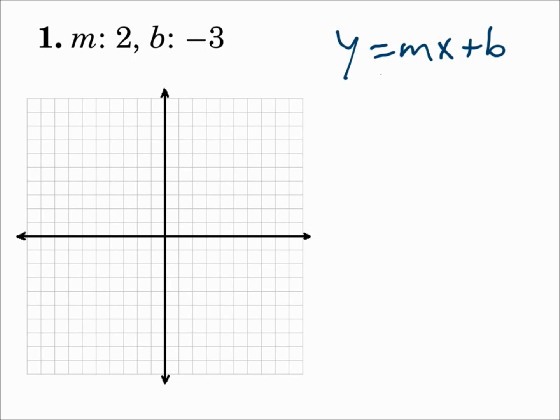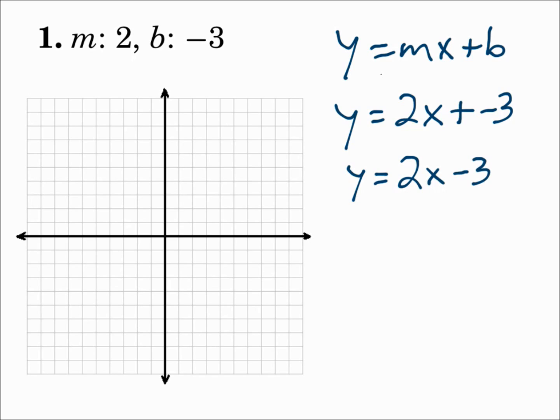Number 1. The slope is 2, the y-intercept is negative 3. So we want y equals mx plus b. Since the slope is 2, we'll substitute 2 in for m. And b is negative 3, so we'll substitute negative 3 for b. Now simplify it. Instead of saying 2x plus negative 3, let's call it 2x minus 3 and get it in